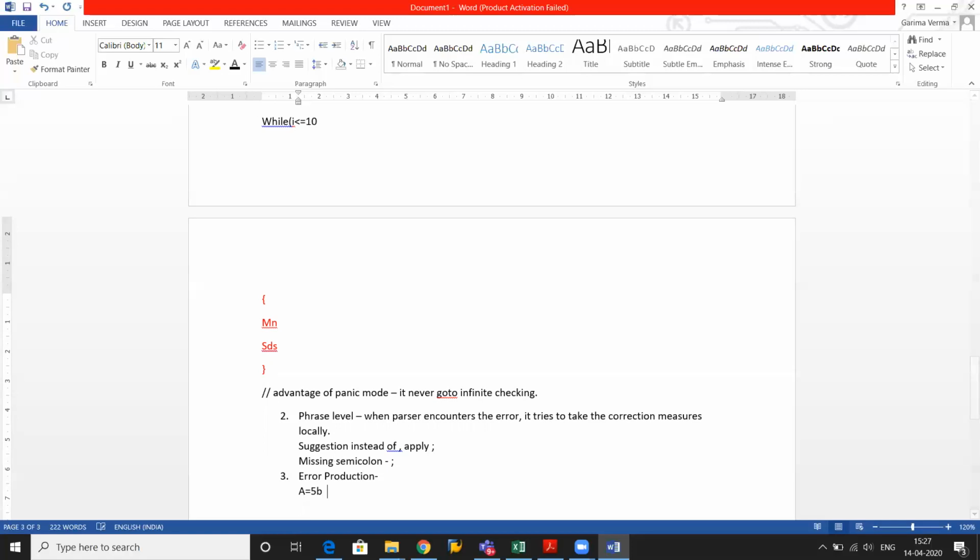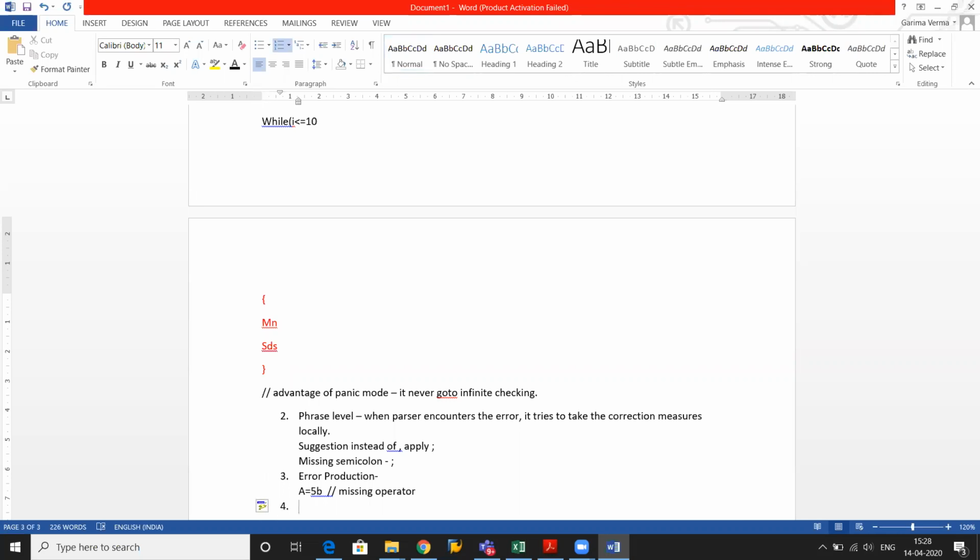Now what is the problem? First let us identify this problem. The problem is missing operator. So in our error handling table that was already made, what was written in the error production is that if there is any problem of the missing operator, then it should be a suggestion, it should be replaced by the operator. Right. So this is the correct production, and this is the error production which is written in the error table of the compiler. So the error reported to you is the missing operator, and this error is reported by the compiler. Why? Because this particular error production is written by the compiler developer into the compiler, into the error handler module. Right. So this will give you this type of errors.